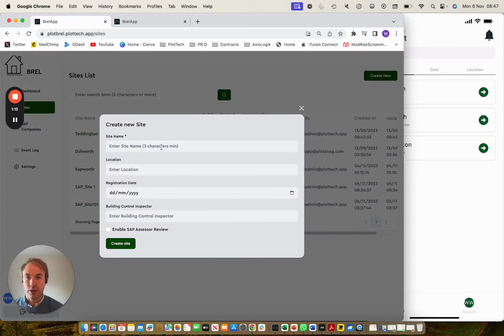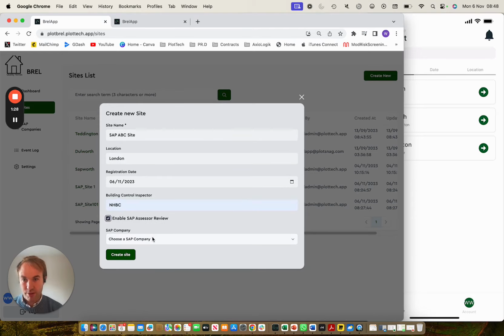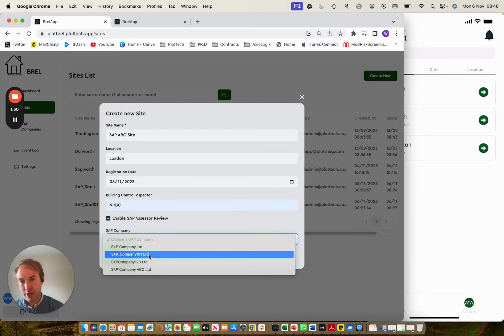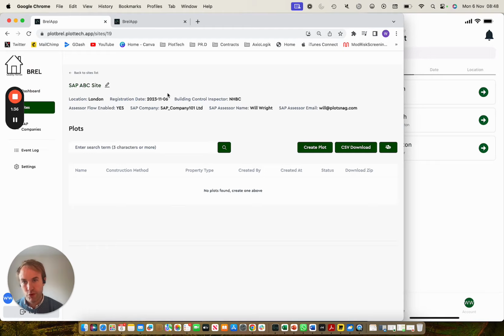So let's create a new site. I'm just going to call it SAP ABC site. Location, just say London. Registration date today. Inspector NHPC. Enable SAP Assessor review. I'm just going to choose any company, but I've got my company that's added there. I can then choose my assessor, create the site, and then straight away I just come back as normal into